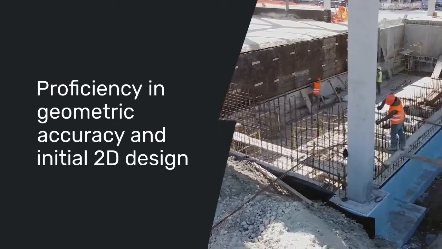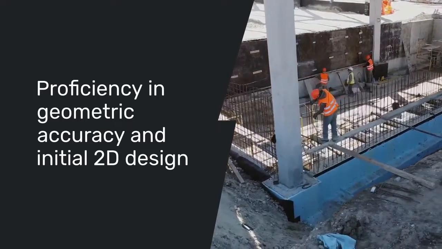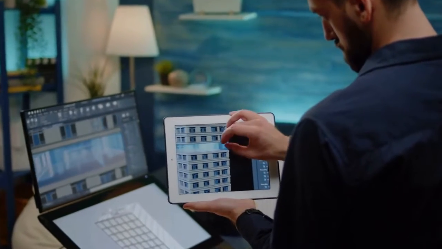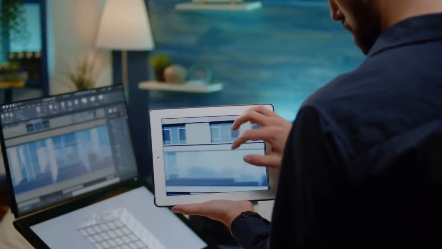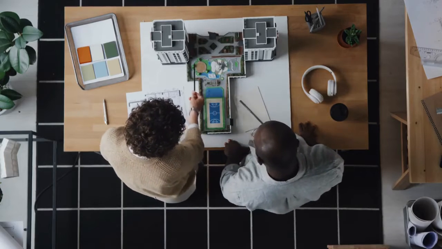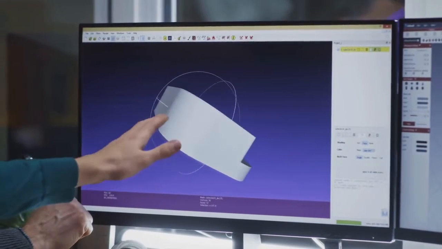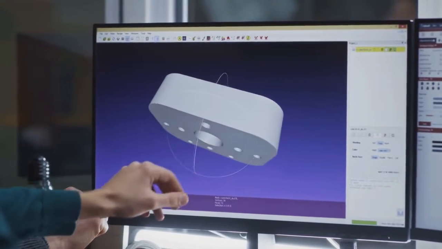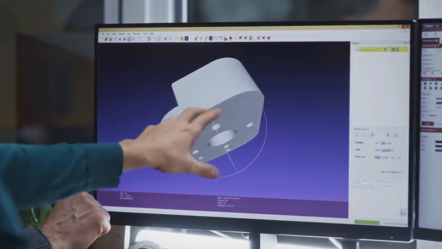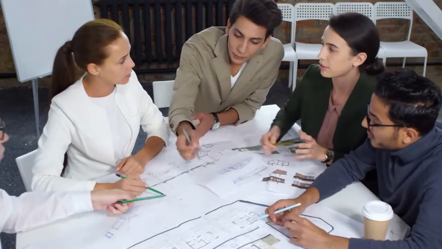CAD, with its proficiency in geometric accuracy and initial 2D design capabilities, was a game-changer. However, the transition from 2D to 3D designs posed challenges, leading architects to explore BIM-based solutions like Revit. While CAD's 3D functionalities enhanced visualization, the process was cumbersome, prompting architects to seek more efficient BIM-based software for holistic